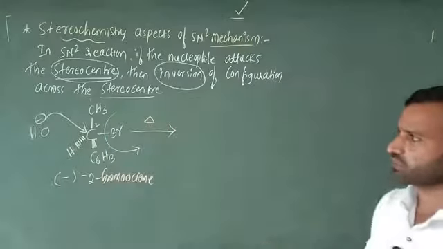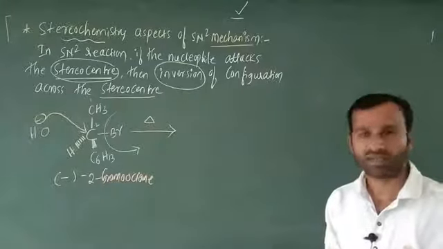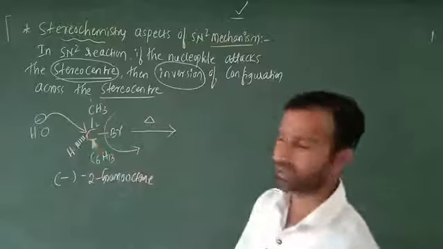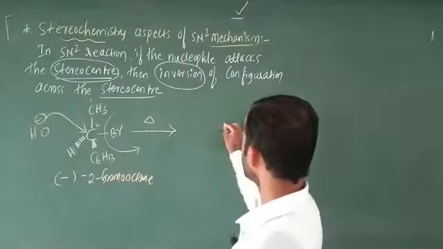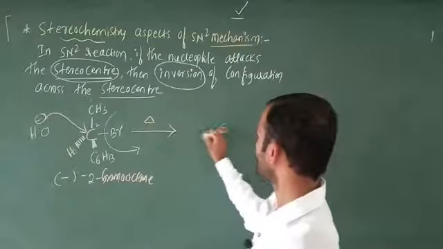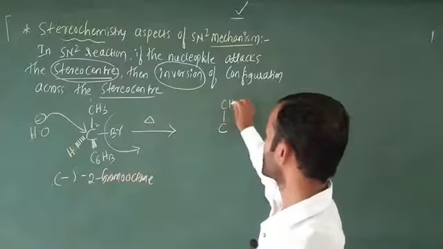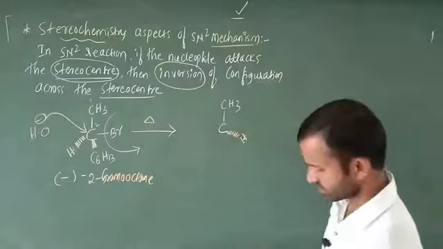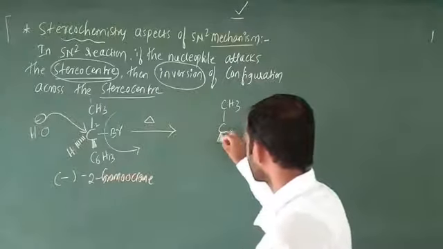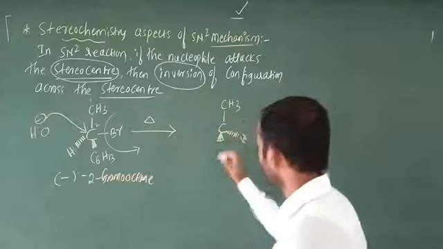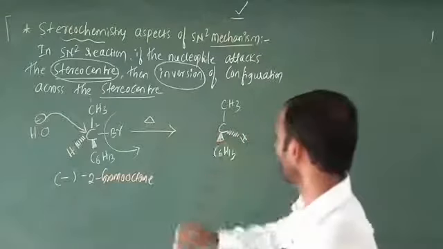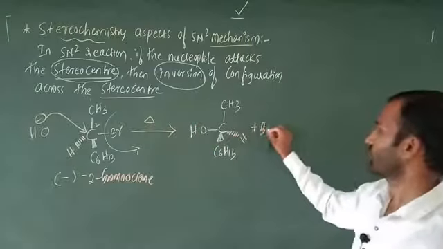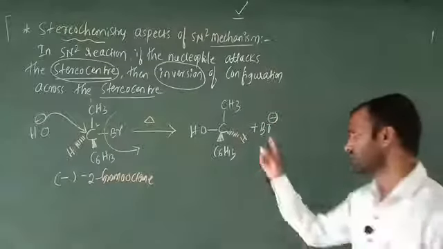Such kind of arrows, if you show them, indicate the mechanism. Obviously Br will go out, and the nucleophile is going to attack this carbon. Just here what is the final product? This is the carbon, and I am going to write OH here, this one as it is, and here H. Next, this is above the plane, that is C6H13. The OH is going to attack, plus release of Br minus.